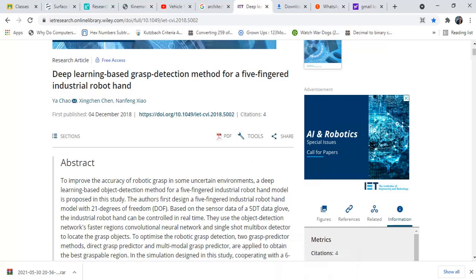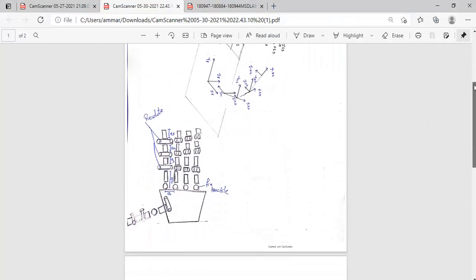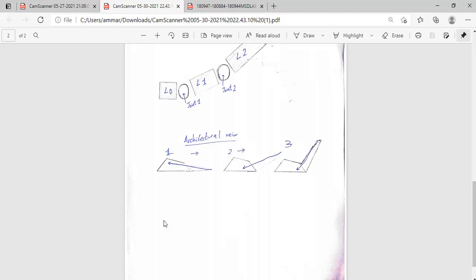I'm going to attach each of the papers we have viewed in the description too. So this is the architecture view of our fingers, and at the finger parts you can see that the fixed part of our finger remains the same at each position, while providing a revolute joint between each of the links would give it a rise over here, you can see.